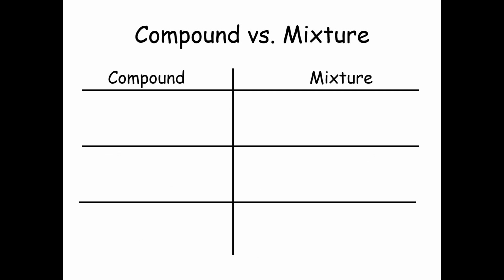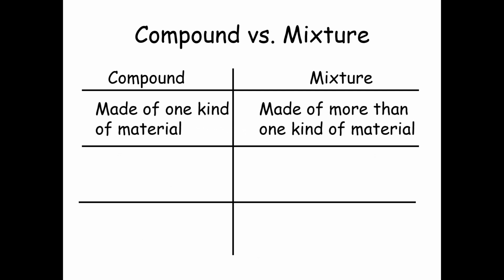What is the difference between compounds and mixtures? Compounds are made up of one kind of material. For example, two elements combine together and make up a new substance which is known as a compound. Mixtures are different types of things that you can mix as a physical blend, like ice cream, salad, cookies and cream, or oil, you can put in one container. That's a physical blend.